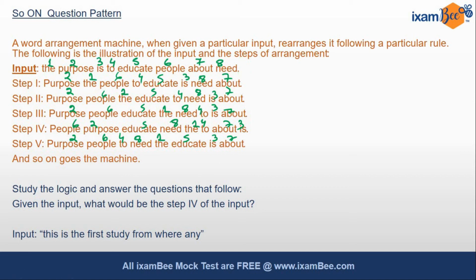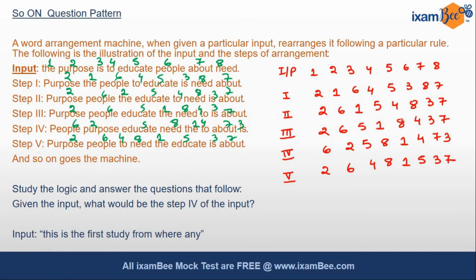Now quickly let me write all the inputs along with these steps. So friends, I have noted down these numbers in a separate space. You have to do the same in your exam. Now let's try to understand which pattern they are following. So in these kind of problems, there will be some patterns and there will be some repetition of the patterns after some time. So let's try to understand them. Here see 2 and 1 are exchanged. Also third is exchanged with the 6th position. 6th is exchanged with the 3rd position. Whereas 4 and 5 are the same. In the last 7 exchange positions, 8 exchange position. So this is pattern 1.